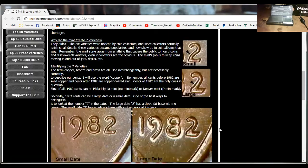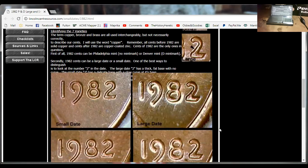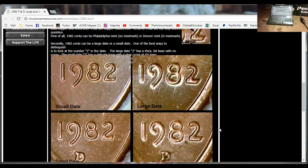And like I said, there's a difference between a small and a large. You're looking at the 2. People look at the 2, and I usually look at the 8, because the 8 on the small date has a smaller circumference on the top. But the 8 on the large date is almost equal to the one on the bottom, or bigger. But that's how I kind of tell. The 2, yeah, it's